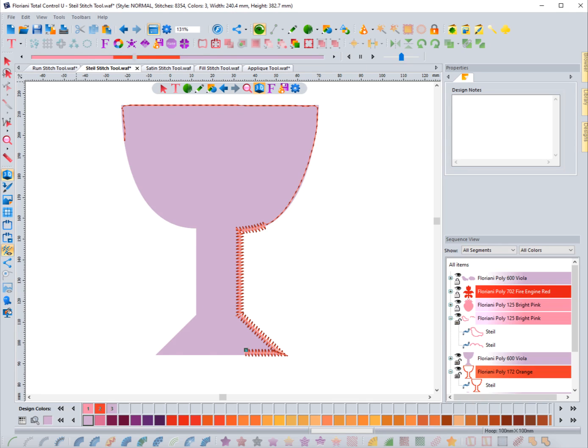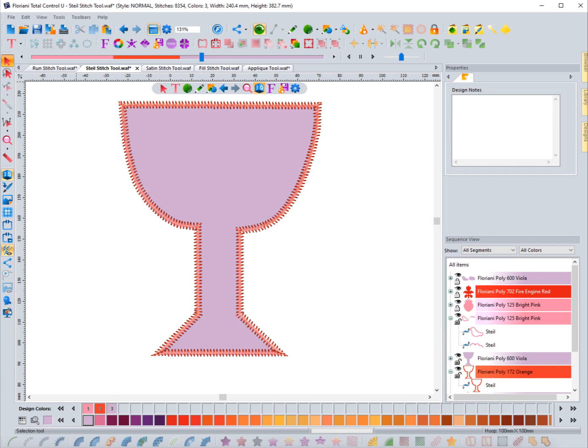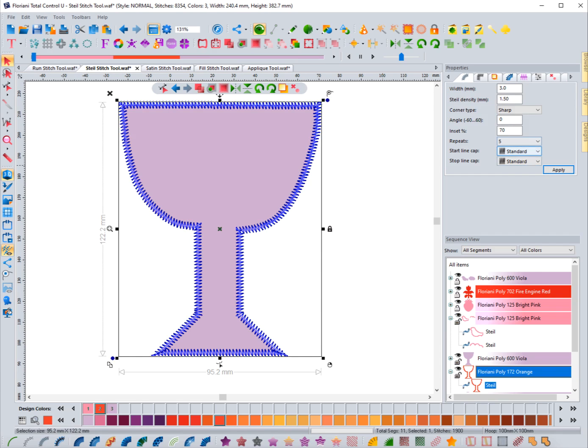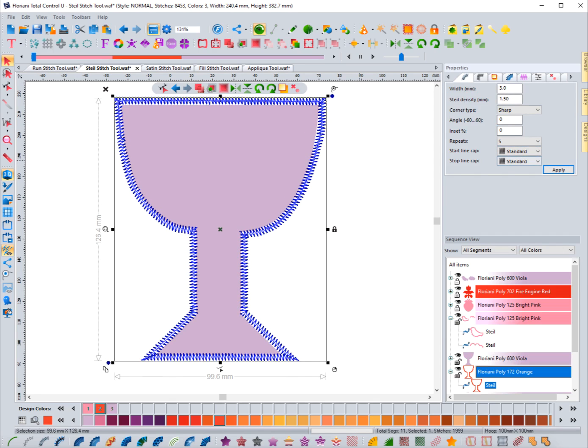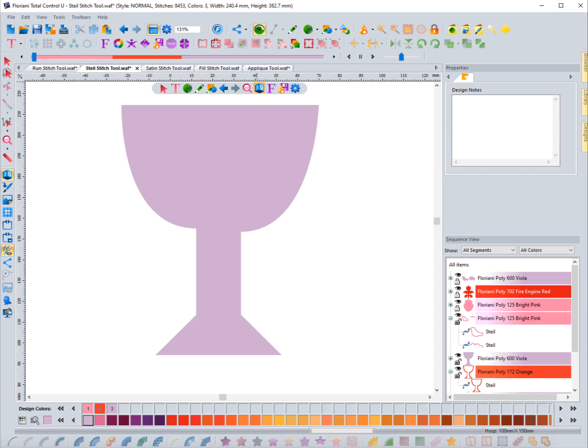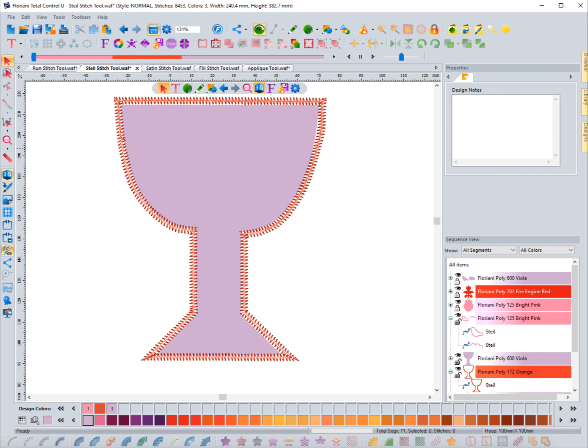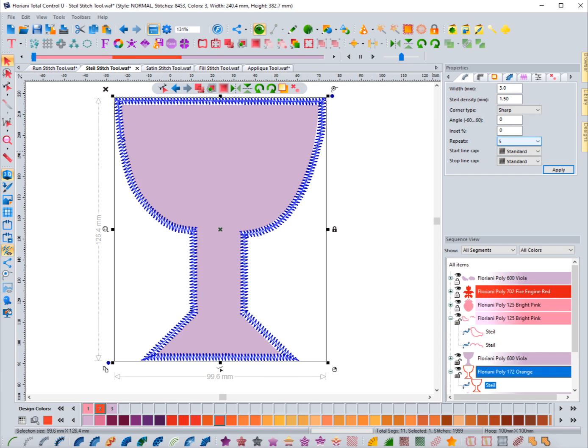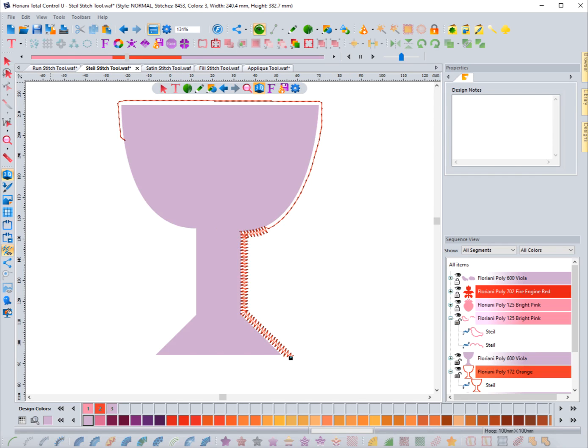It's not actually doing it right now, and I don't know why. Let's see if I did hit apply. So I did do that. Let's go to 0. Hit apply. So for some reason that is not working, because what it's supposed to do, there, it's working now. So you can see that I had a 5. It must have been because of the angle. So I have a 5 repeat right here. And so how that works is it's